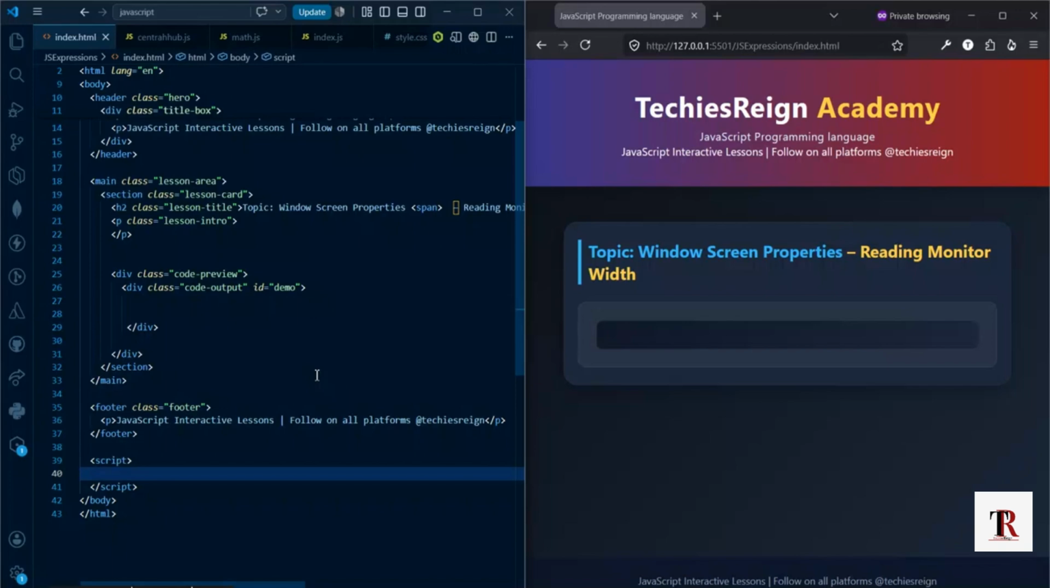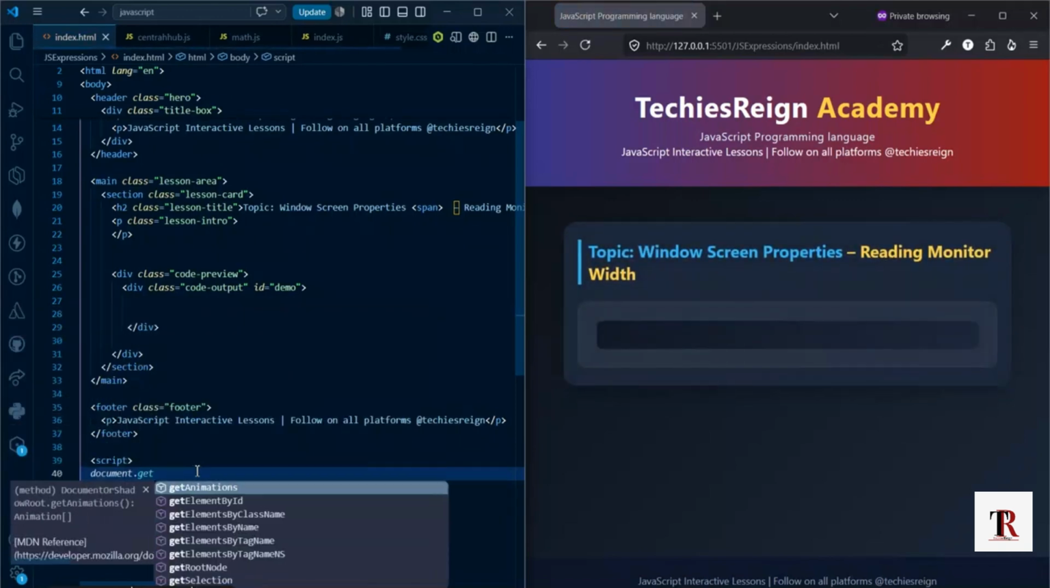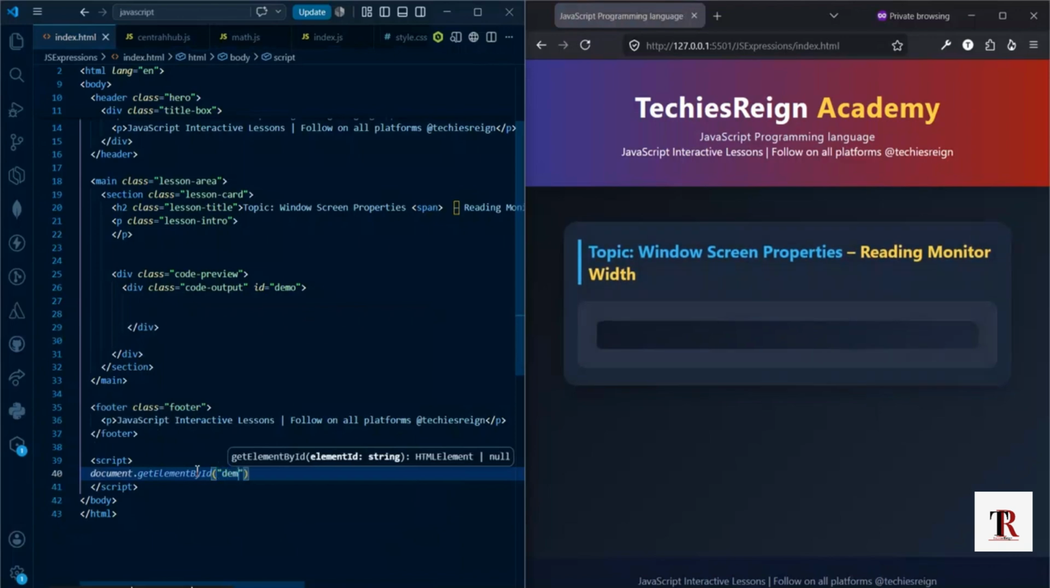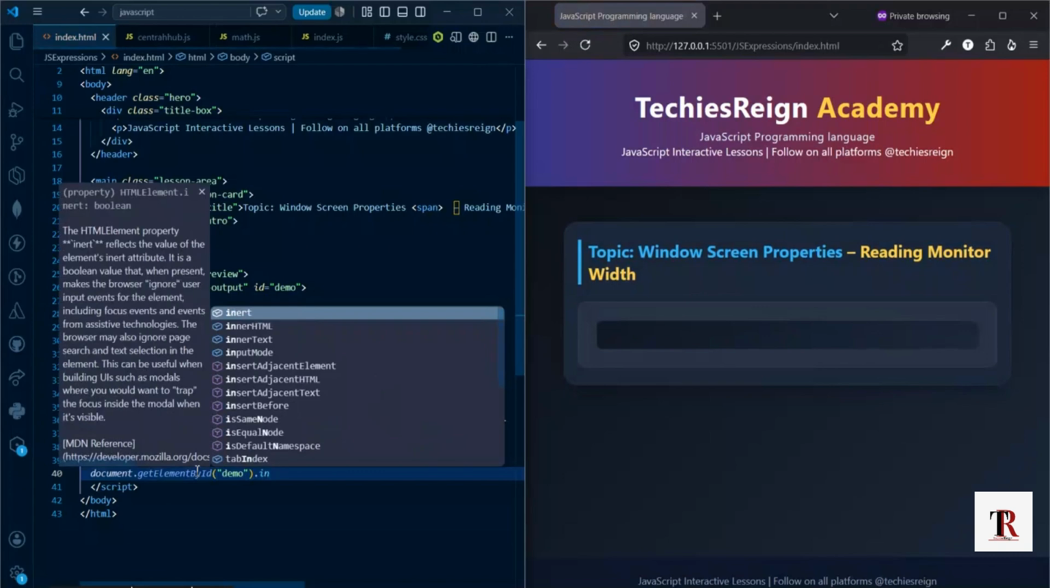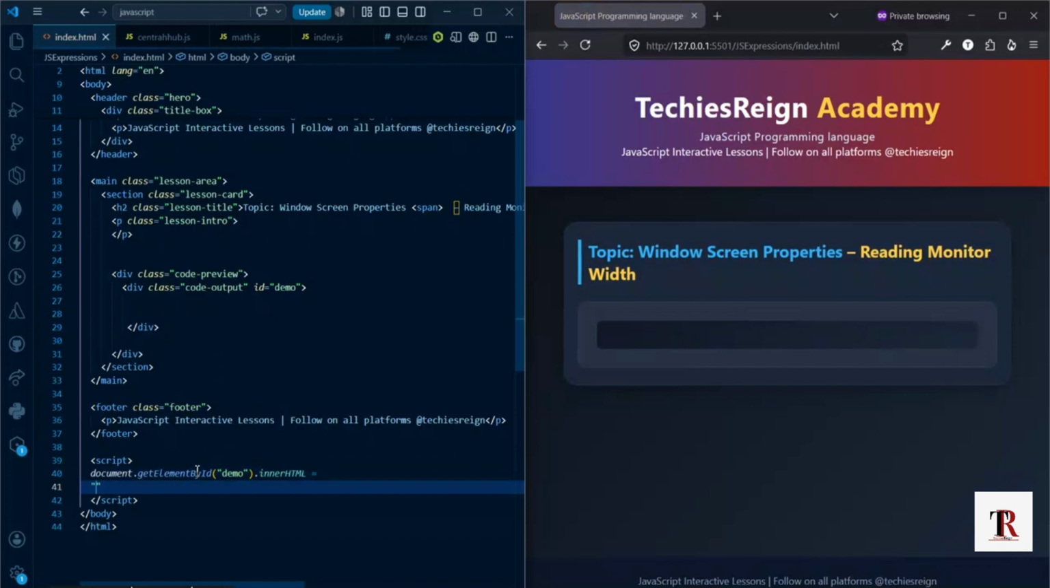For us to see how this works, let's look at this simple example that demonstrates that. So in my script tag, let me just call on the document.getElementById method, with the ID demo, dot innerHTML equals to, and add a simple text: Screen width is,